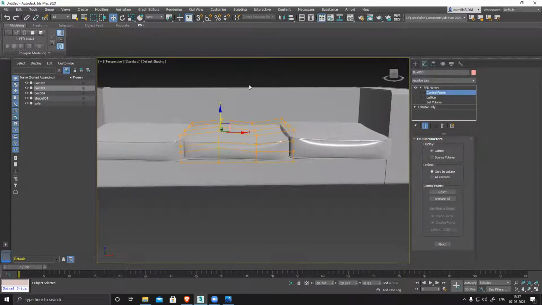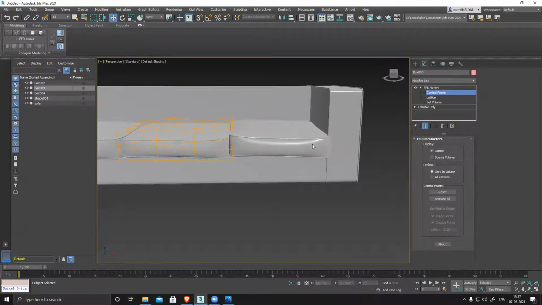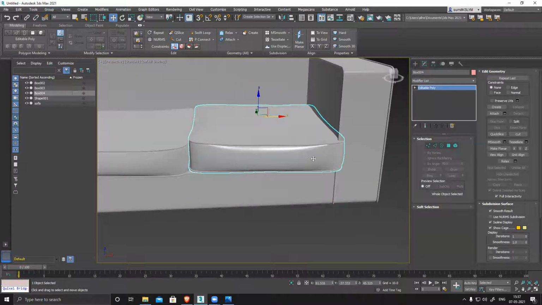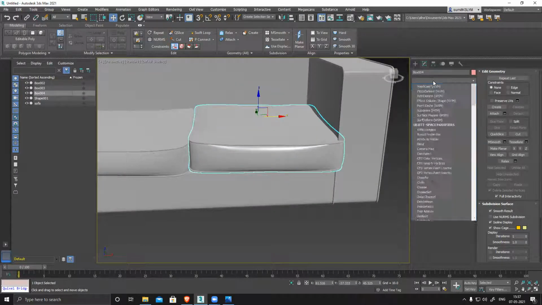So it became slightly different. Now select this one. You can see, because after smoothing and everything, it becomes slightly bigger. So that I'll control later.